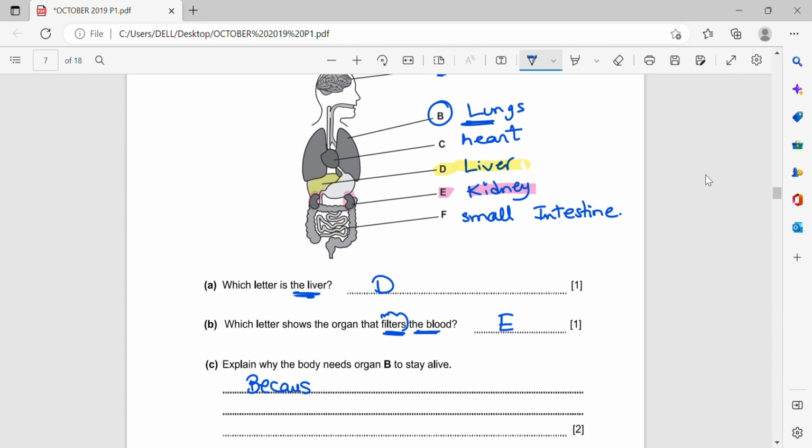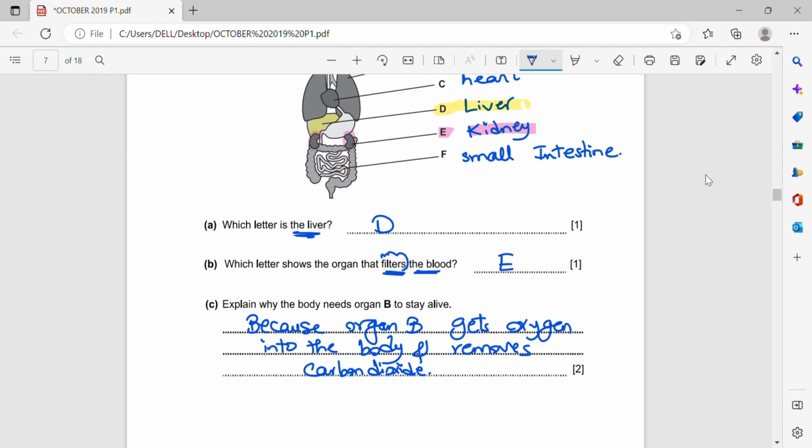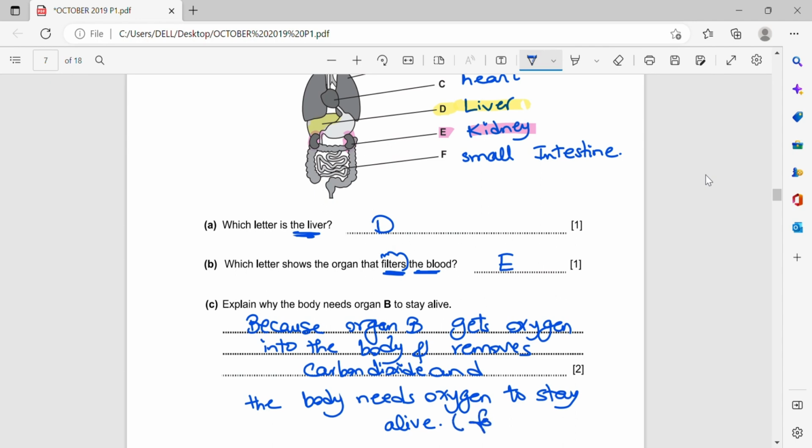Because organ B gets oxygen into the body and removes carbon dioxide. يعني بيحصل في organ B ايه؟ exchange of gases. ممكن نكمل نقول and we need، أو ممكن نقول the body needs oxygen to stay alive. In other words, we need oxygen for